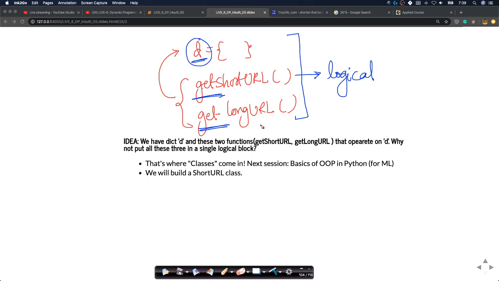Now, if I can somehow group this whole thing logically into one system, or a single block, then you get what is called a class. The next live session that we will have is called the basics of object-oriented programming in Python. Here, I assume that you already know what a class is, but I will recap some basic concepts of object-oriented programming in Python, in the context of